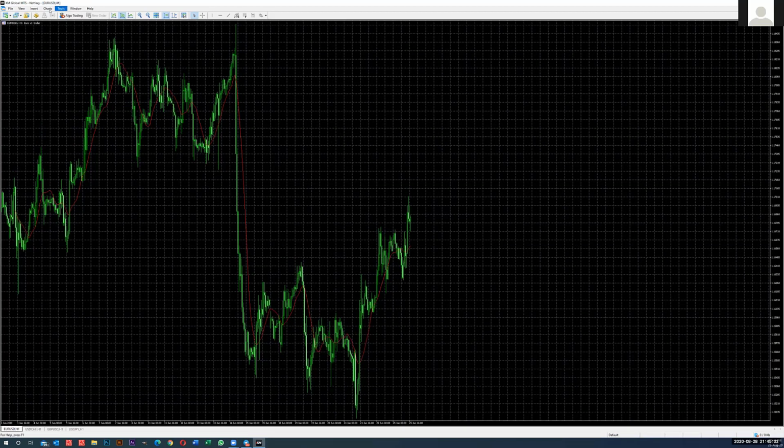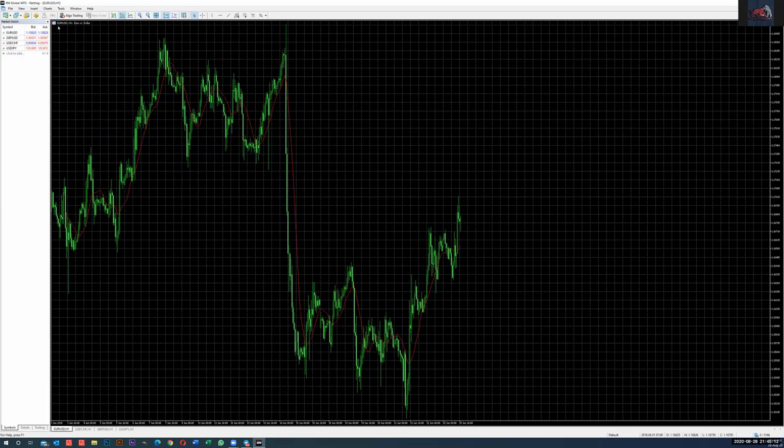And if you ever need reference or to go back to your toolbox, you just come back to view, you scroll down, market watch, then market watch is going to come back, if you need the market watch to be on the display so that you can see it. And by default, can you see that right now I only have 4 pairs on my market watch? Yes. Only 4 pairs. Yet there's a whole lot of currencies to trade from. There's lots of commodities, there's indexes that you can trade from. So to add that, you just right click and you go to show all. But now show all is not highlighted